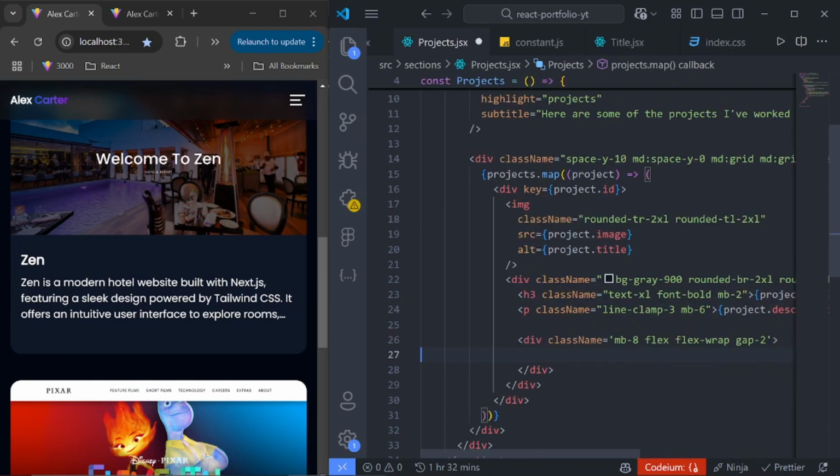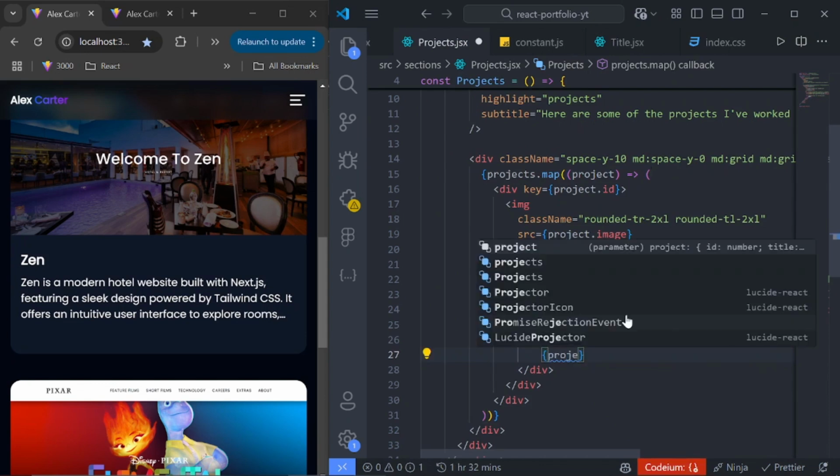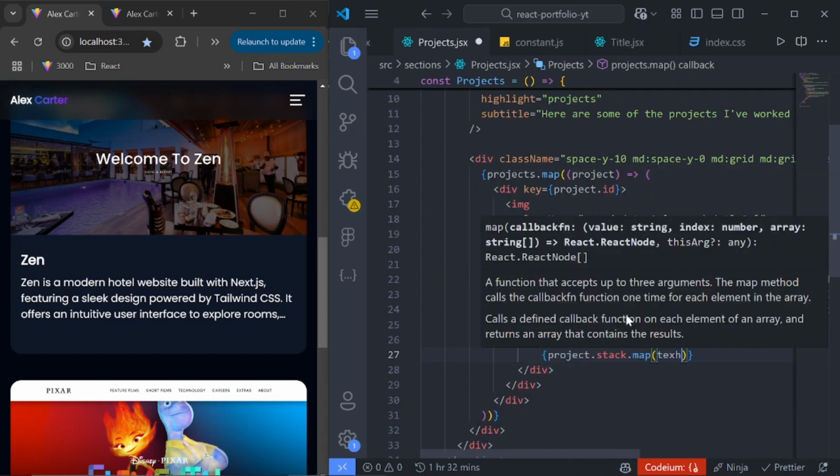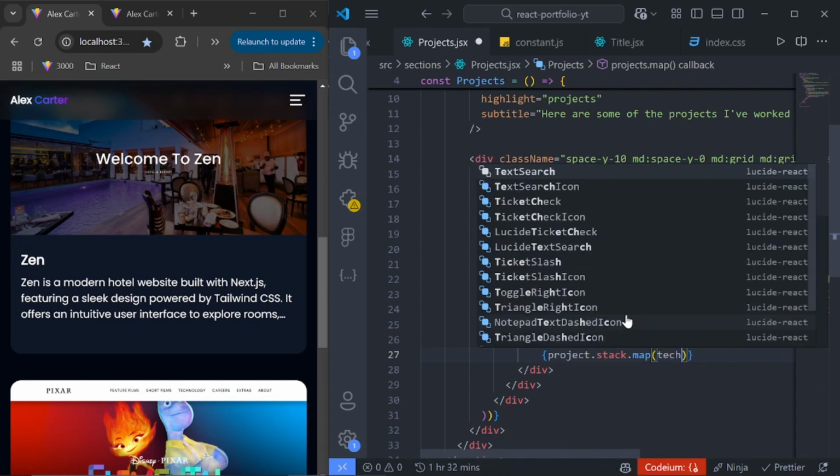I'll add a gap of 2. Then inside it, we'll just map over each of the stacks. So say stack.map, and for each text stack, I'll just call this tag,